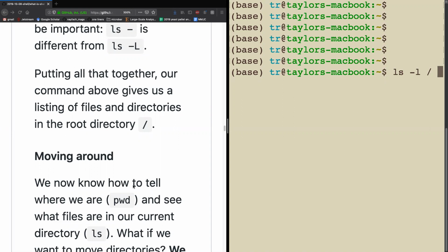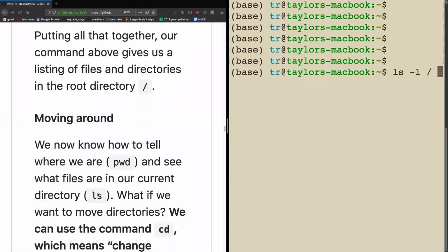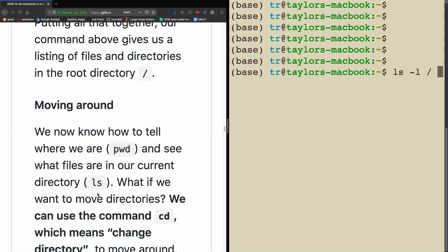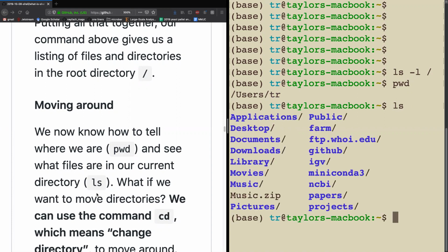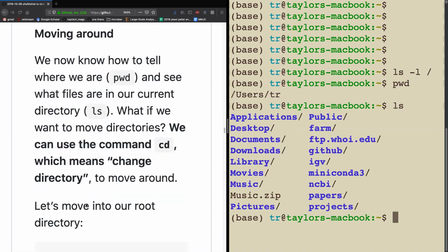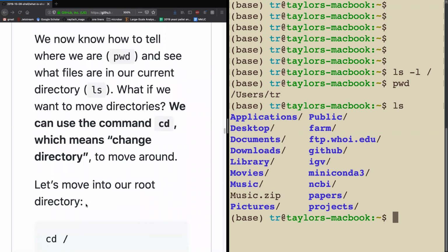Okay. So now we can practice moving around. So we know how to tell where we are. That's with PWD. And we know how to look around with LS. But if we want to move to a different location, then we can use CD. So let's change directories, CD, into our root directory. So if we do CD /,